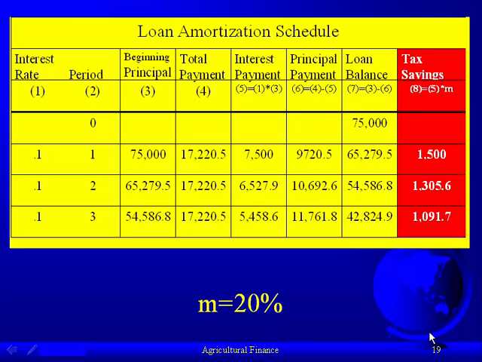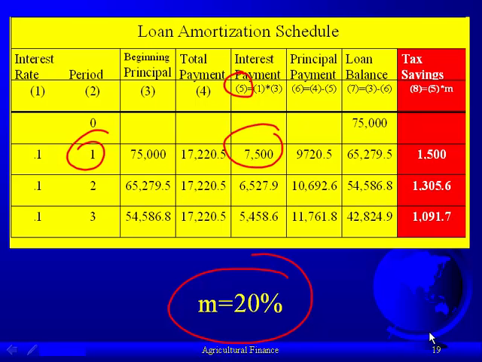And to calculate the tax savings, or column 8, we multiply the interest payment in column 5 by the marginal tax rate. And on page 44, it's given to you that the marginal tax rate for this farmer is 20%. So basically, for time period 1, the interest payment was $7,500. We multiply that by 20%, and it comes out to be